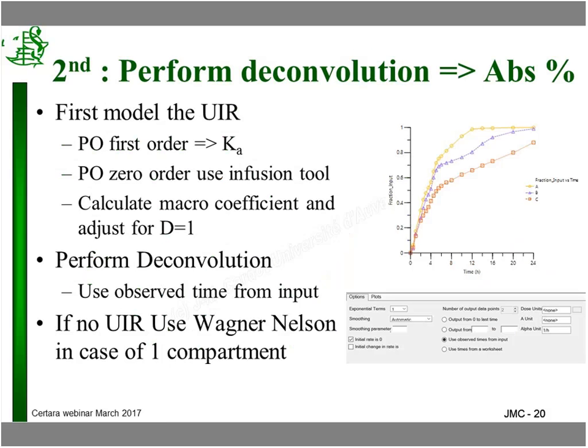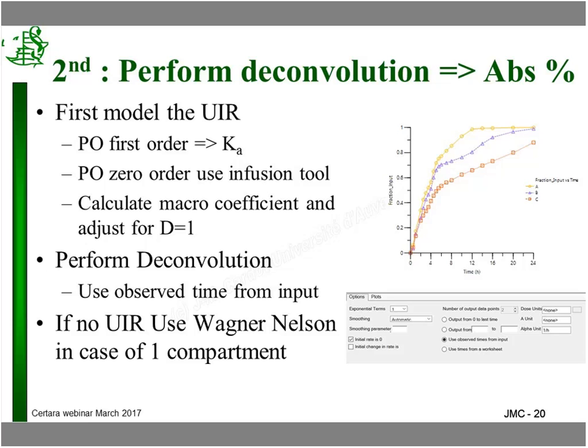So the second thing that I have to perform is the deconvolution. To make the deconvolution, I need to have a UIR. First of all, I can have it here. In this case, I have, as you have seen, an immediate release formulation. I can use, in this case, a fit of my immediate release formulation with a first order input, which is an absorption rate constant Ka, or I can also try to fit it with a zero order like